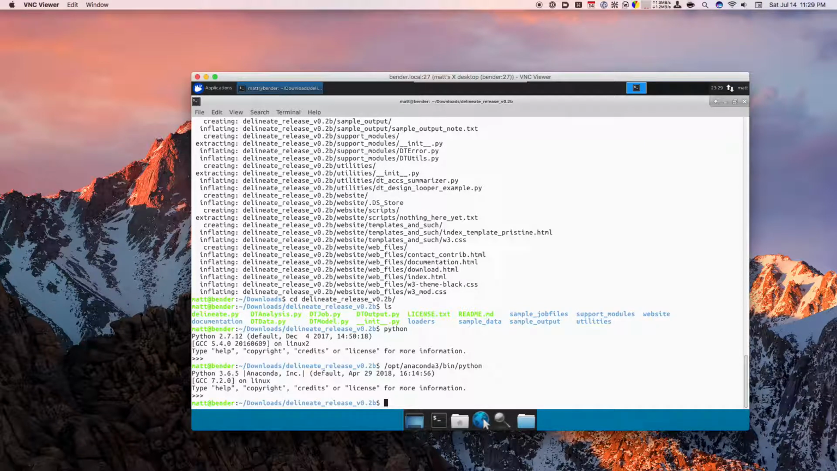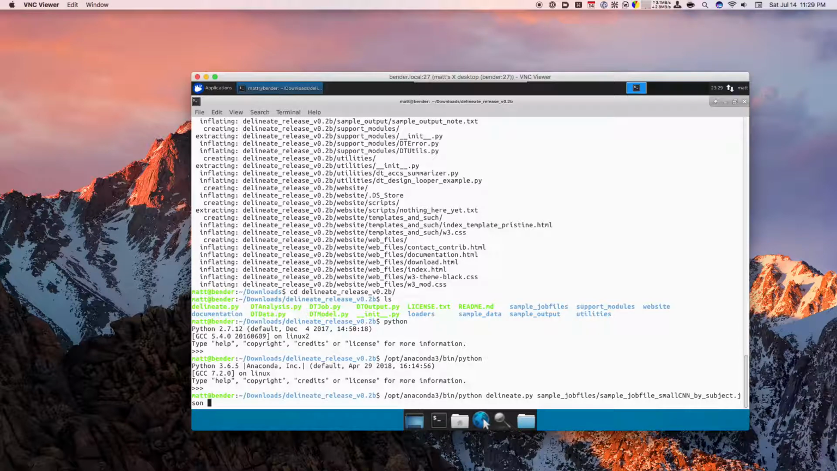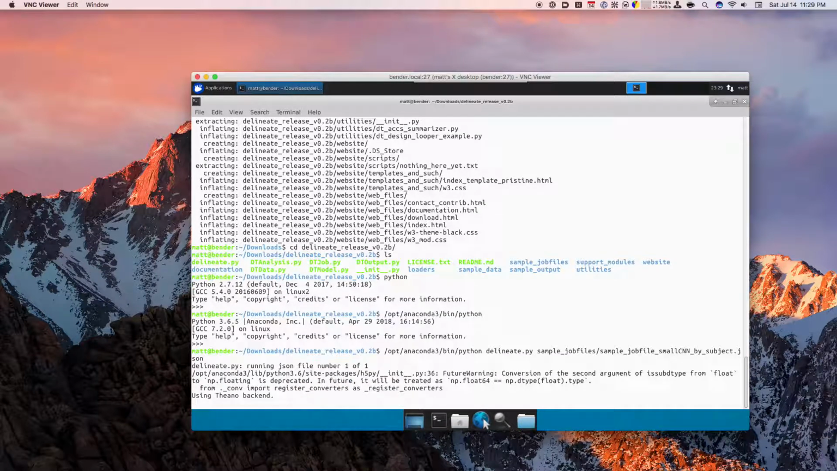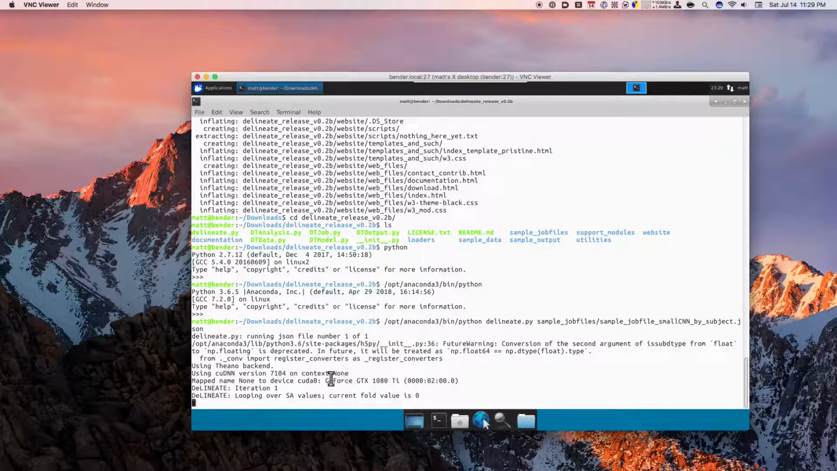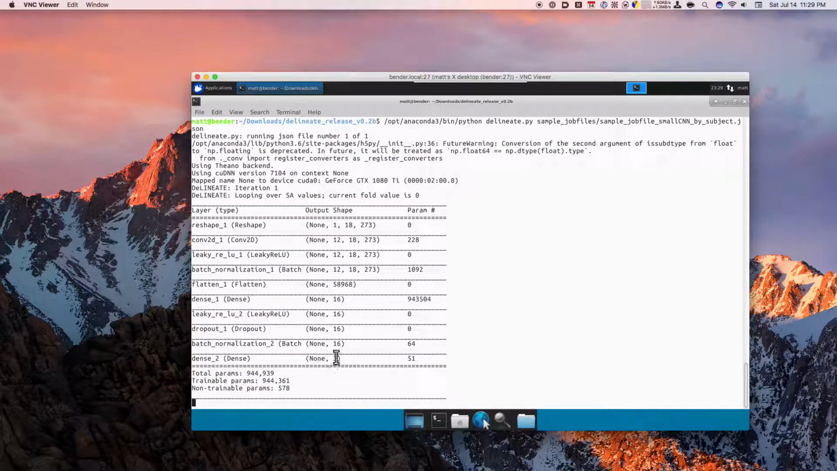So I'm going to log out of that. So that's the one that I'm going to use, which is why I'm using a long path here. With the Anaconda Python, which of course you can set up an alias to make a shorter name, I'm going to run delineate.py, and I'm going to run it on a sample job file called small CNN by subject. And if we cross our fingers and pray to our favorite deities, it should correctly recognize that we want to run on the GPU. Yep, the GeForce 1080 Ti. And it should run nice and fast. It might take a minute or two